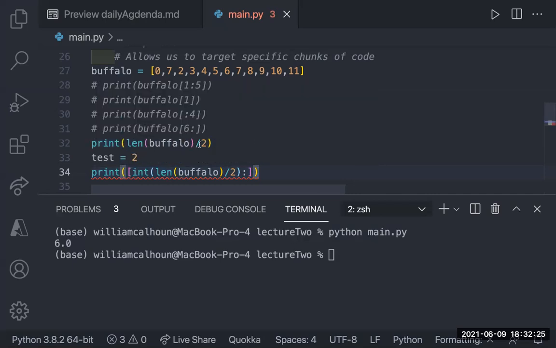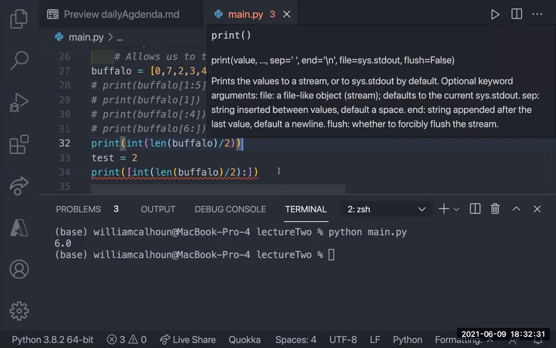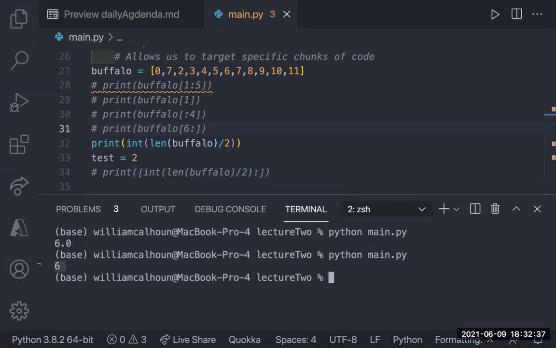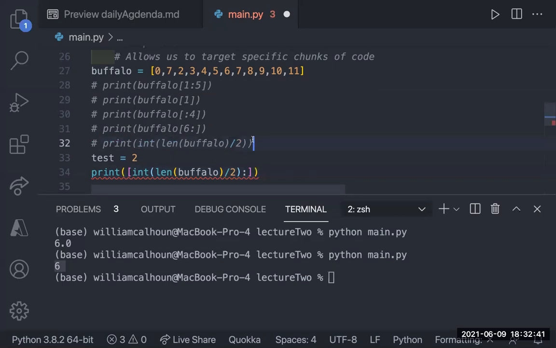We just did this. So I did 6. So that in theory should work. Let's just send it and try it.